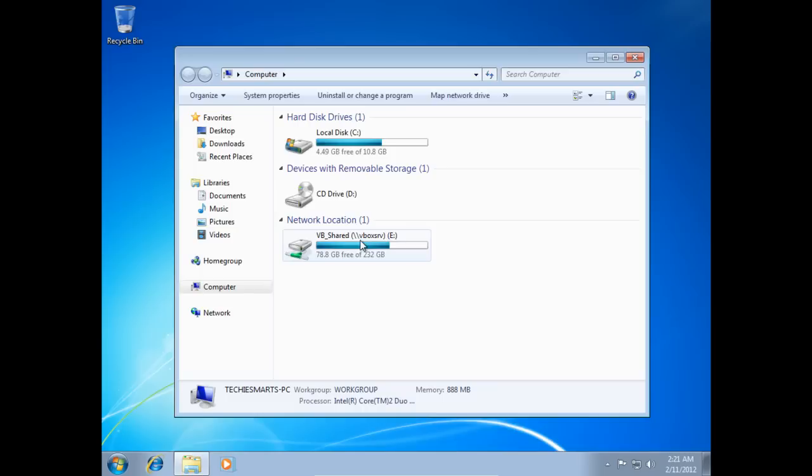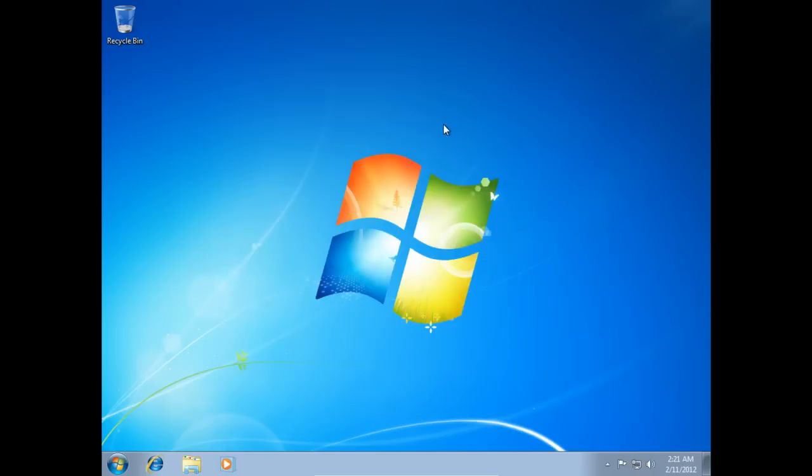Concerning partitioning, we only have one local hard disk, which is the C drive, even though we've technically created a new partition. So in this situation, we need to go ahead and close that. The reason Windows can't see it is, of course, because it is unallocated. So now that we have an unallocated partition of just a little under 10 gigabytes,